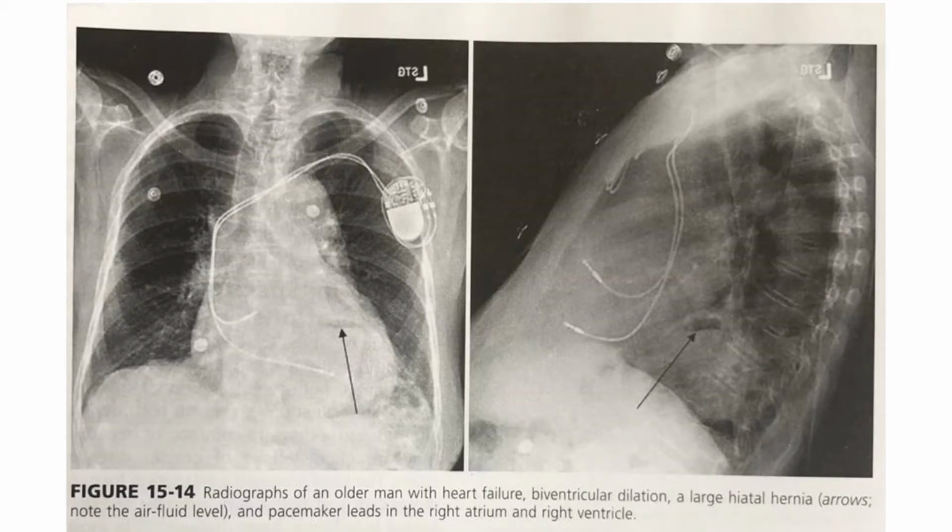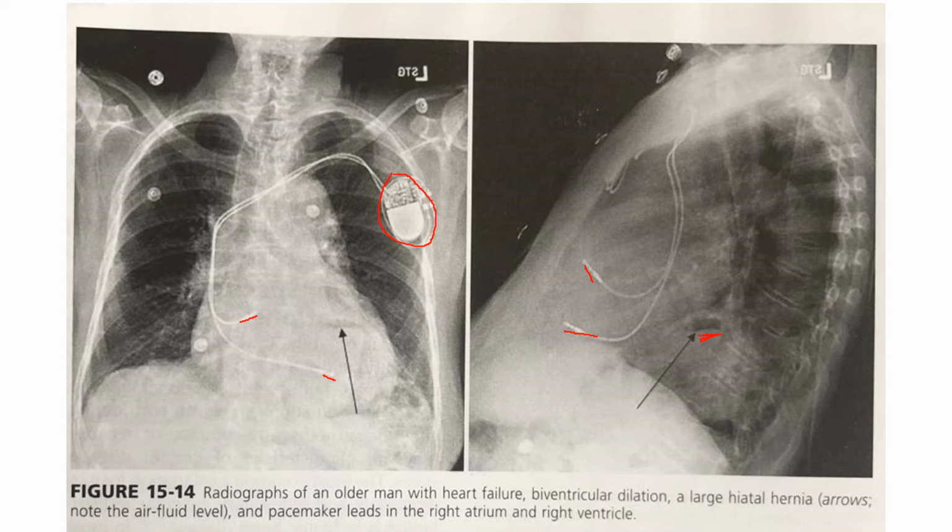This is an X-ray depicting the position of a pacemaker. This is a dual chamber pacemaker. This is where the pacemaker is present with the two leads, one in the right atrium and one in the right ventricle. We can see the pacing leads in the right atrium and right ventricle in the lateral X-ray. And he also has a large hiatal hernia, as we can note the air fluid level inside the